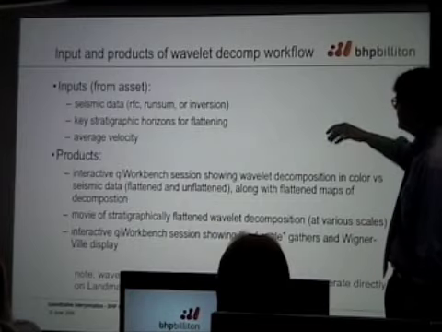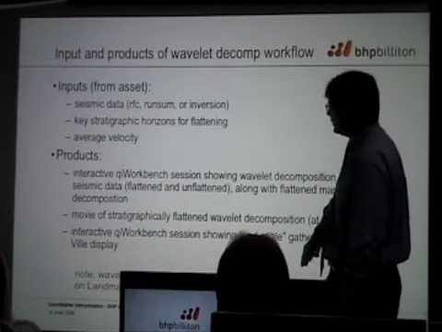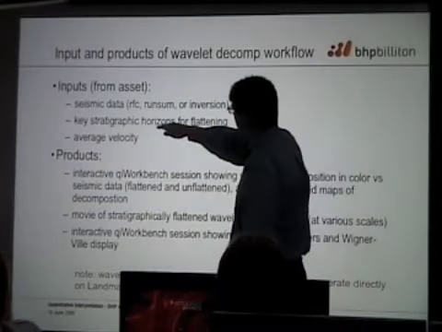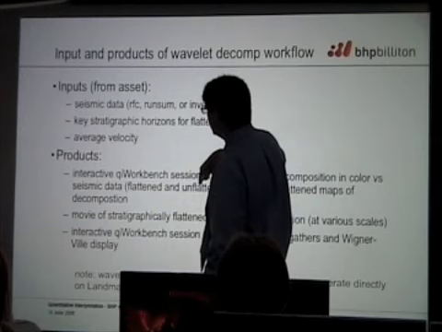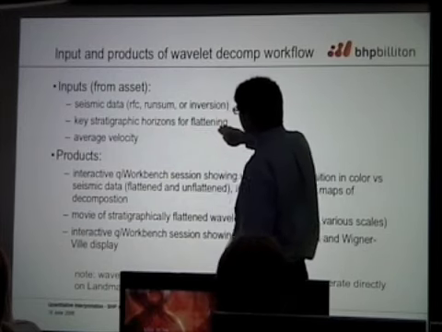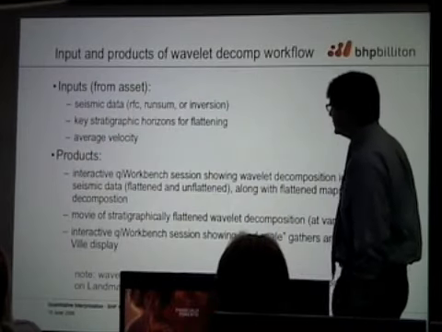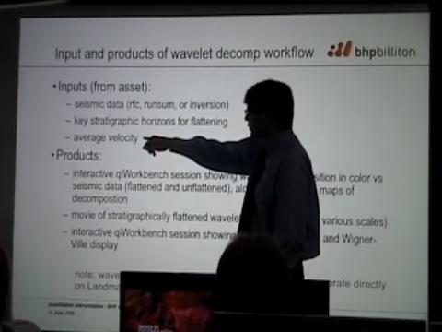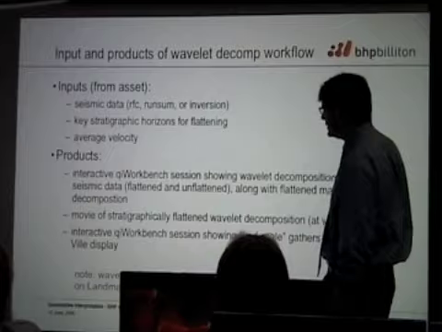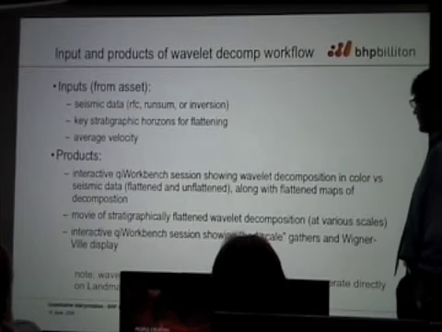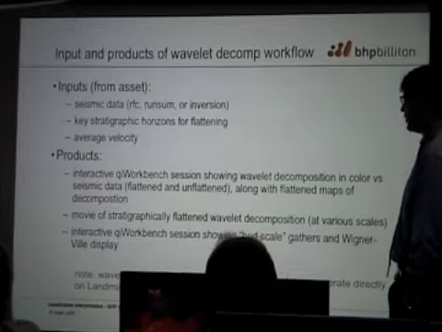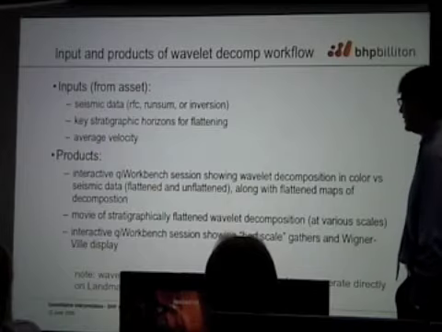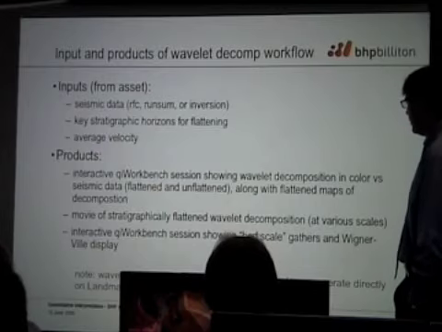And I'll tell you first, what are the inputs that we need and what are the products that you get out? Well, you need just seismic data, pretty much any flavor of seismic data. Key stratigraphic horizons for flattening will end up helping with the interpretation. Having just a coarse idea of what your average velocities are for the sections you're interested in is good. The products are an interactive session showing the decomposition in color versus the seismic data, along with flattened maps